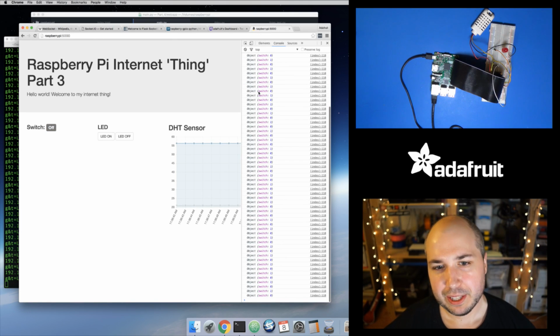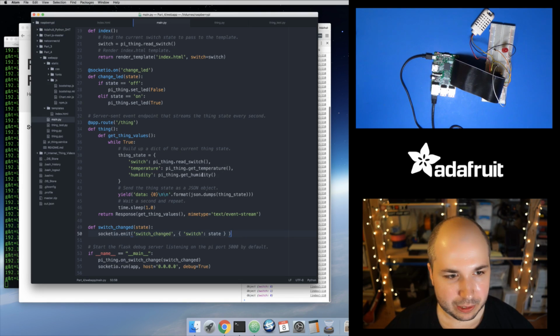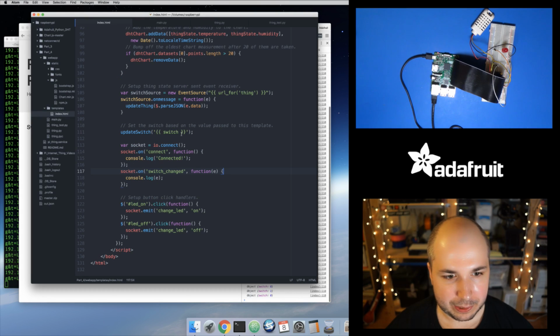So okay, you can see this is just printing out the object that it receives. And it's kind of cool in that it receives exactly the same object I sent in Python. So, you know, I could pass in other attributes here and read them. So, okay, let's dig in more to the code here, and let's update the logic now